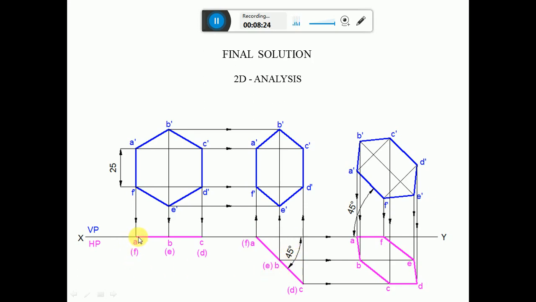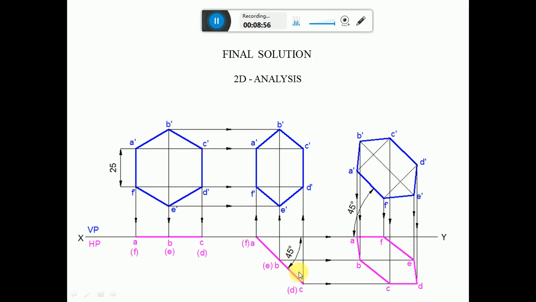Then by using the compass, you measure the distance from A to C. With A as center, cut an arc on this 45 degree line, and you are going to get this point, which is C and D in bracket. Then draw A and C with a dark line, and here also mark that point as A and F in bracket. Now measure the distance from A to B by using the compass, with A as center, cut an arc on this 45 degree line, so that you get this point B, E in bracket. And draw A to C with a dark line.